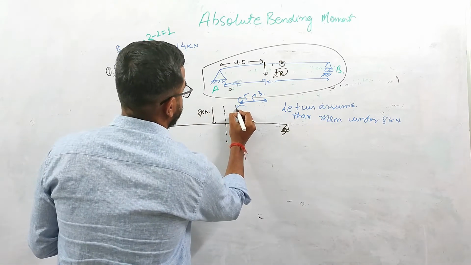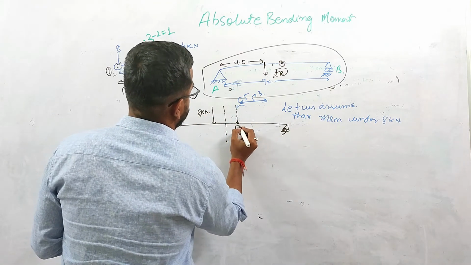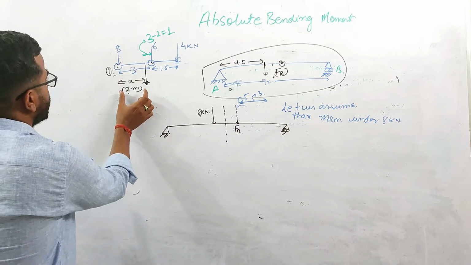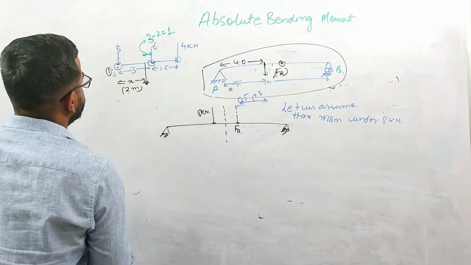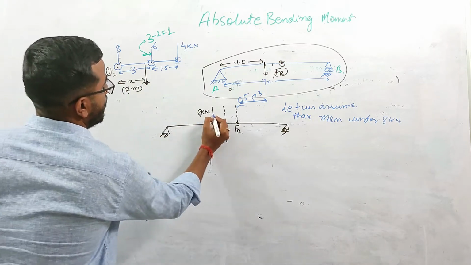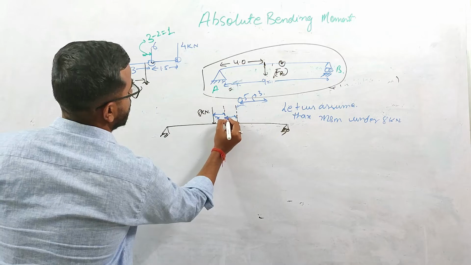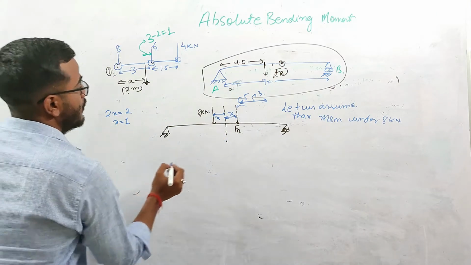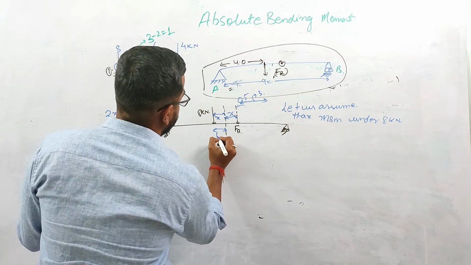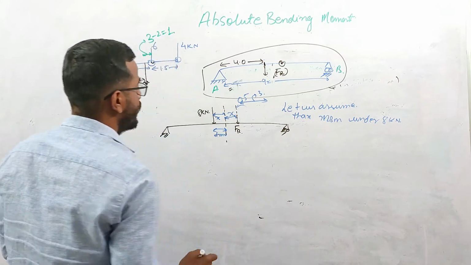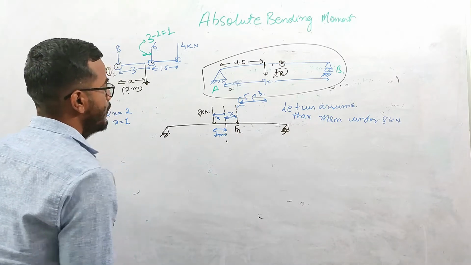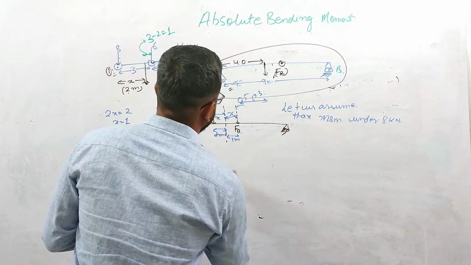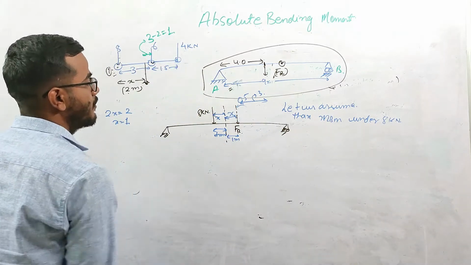And our resultant, this is the resultant, right? You can see that the distance between the 8 kilonewton load and the resultant is 2 meters. If this is x, this will also be x. So 2x will be 2 meters, so x will be 1 meter. This distance is 1 meter from the center line. The 8 kilonewton load will act at a distance of 1 meter from the center. Again, the same: this resultant will act at a distance of 1 meter from the center.